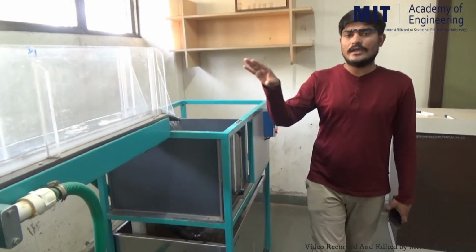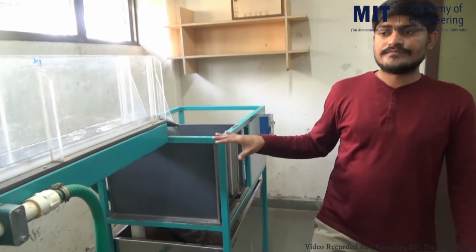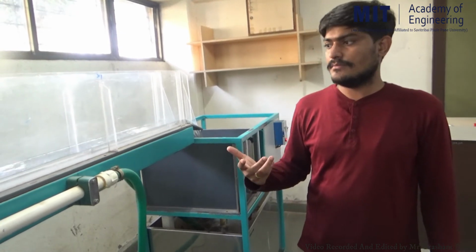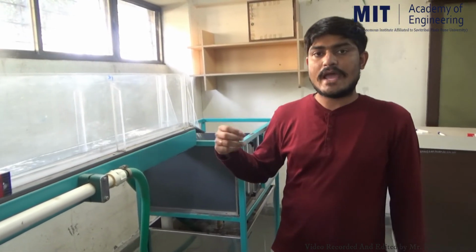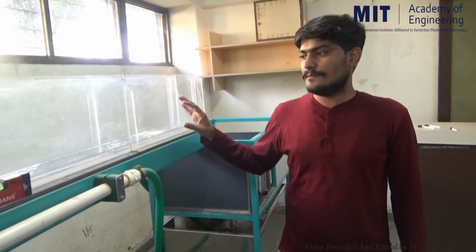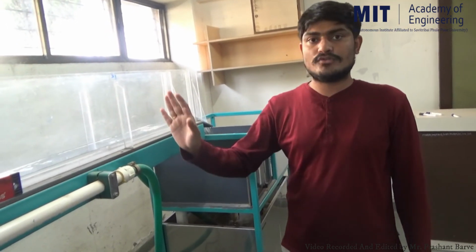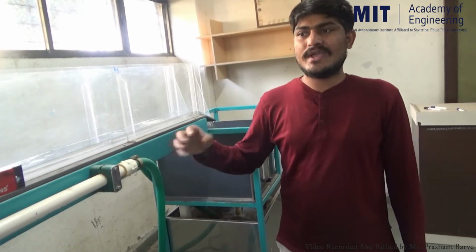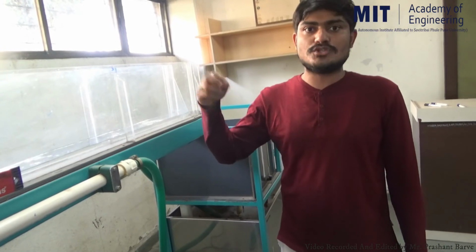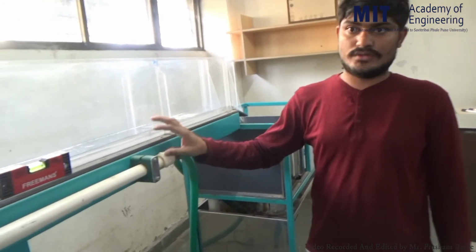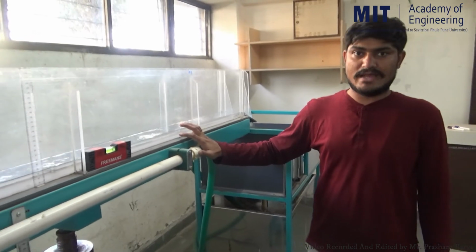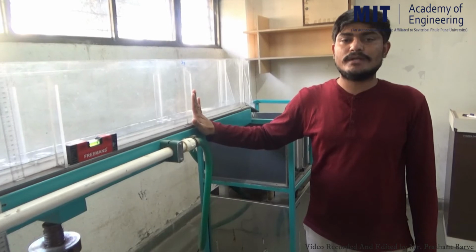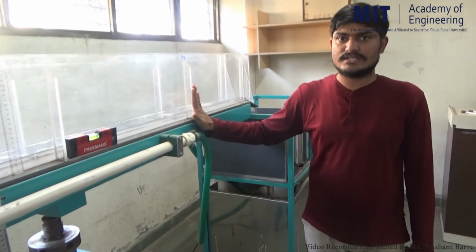So you can repeat this procedure in order to have more iterations, more number of trials, so that we can have the average of all. Let us say if you perform 4 iterations following the same procedure, 4 values of n you will get. So you can conclude the average of that n value as the Manning's n, or the Manning's constant for this channel section. Okay, so that's it as far as the experimental procedure is concerned.